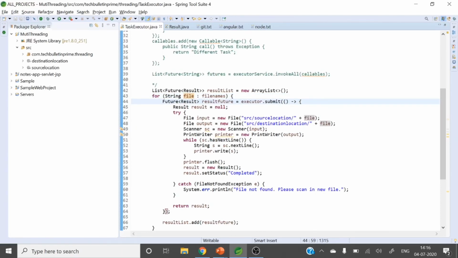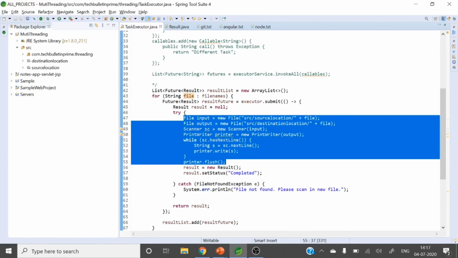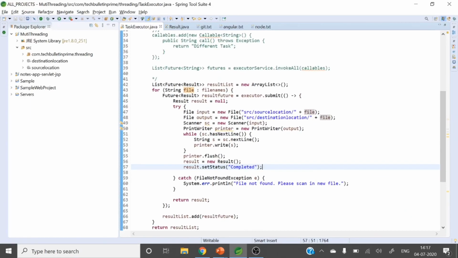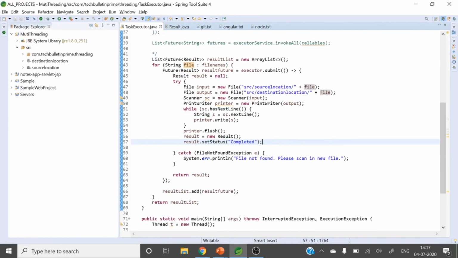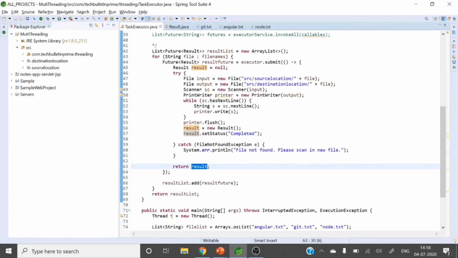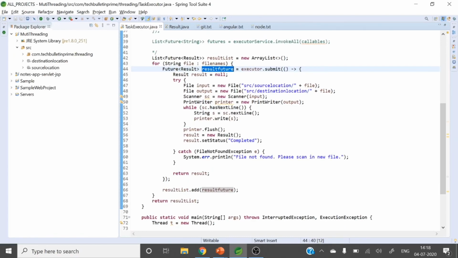Here I am reading that file, and all the file reading and writing logic is here. We don't need to worry about these things. Then after it has completed, I'm returning that result. We'll receive this result here as a future object, and I am storing this future object into this result list.